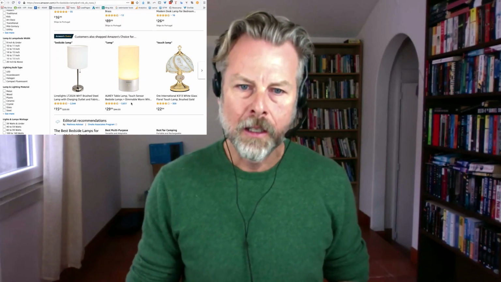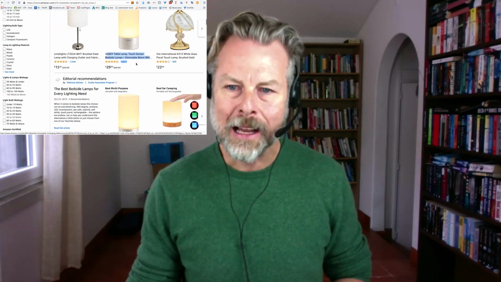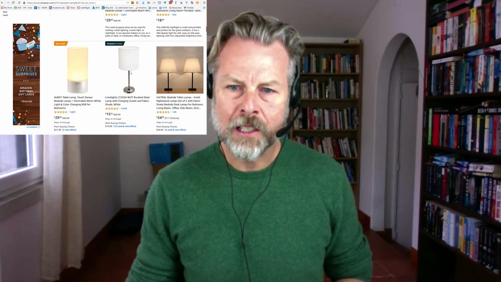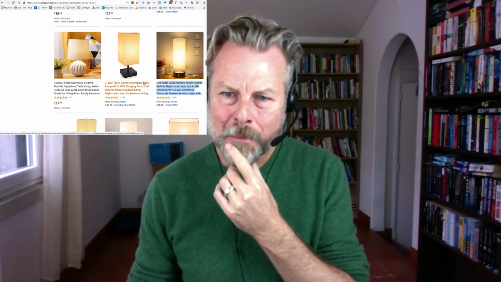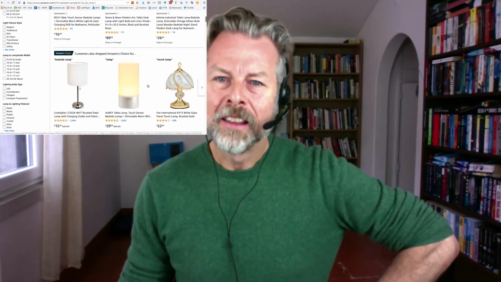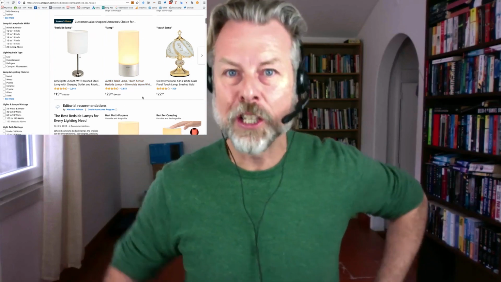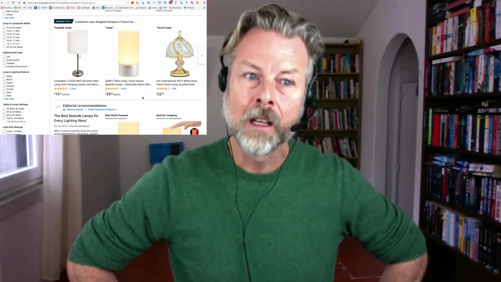Let's try somebody else. What about these people here? Looks like a lamp, a glowy kind of yellowy lamp. That's the same. That looks kind of the same. That looks kind of the same. That Tekken one there, that's kind of the same too. That's reasonably similar too. And so I would say they have not done a very good job at differentiating their product and making it unique, because it looks like heaps of other products on page one as well.